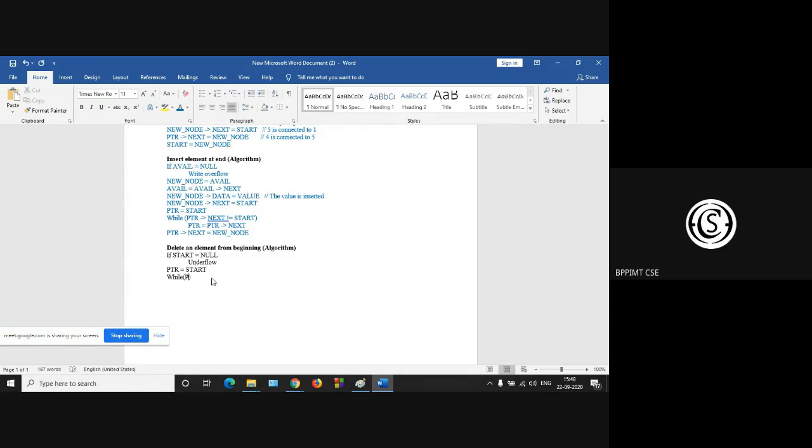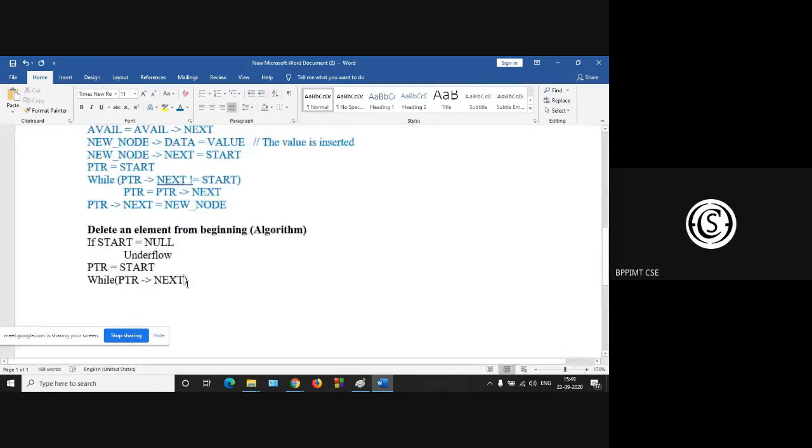While ptr arrow next not equal to start, we have to proceed. So ptr is equal to ptr next. We proceed our pointer.